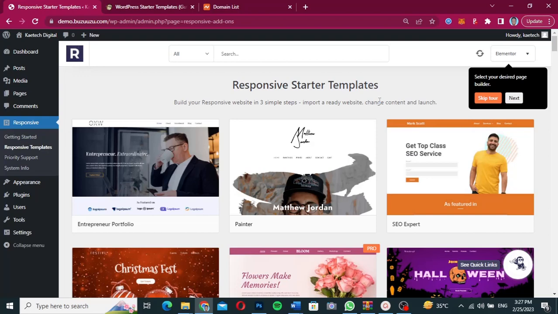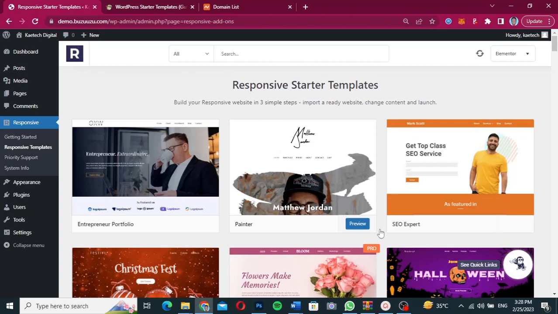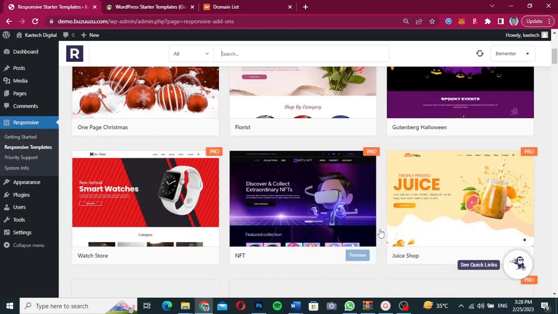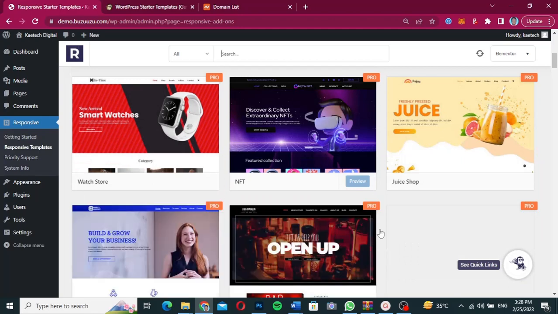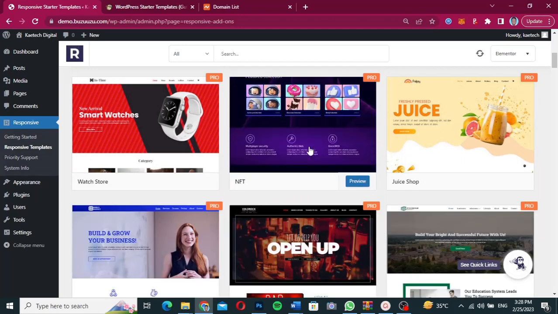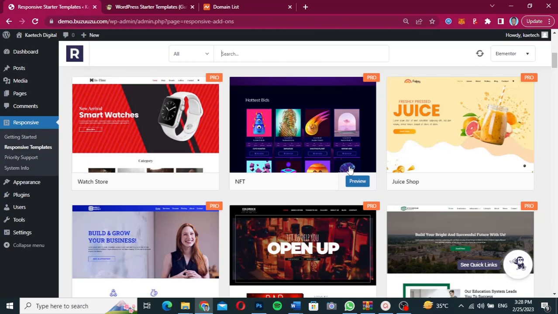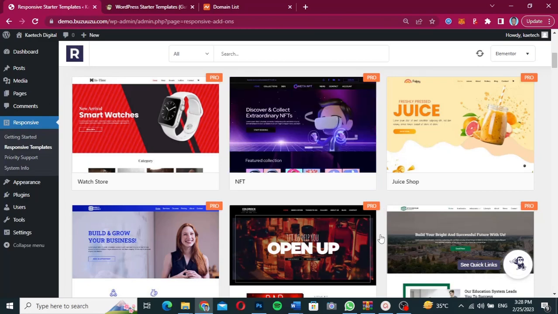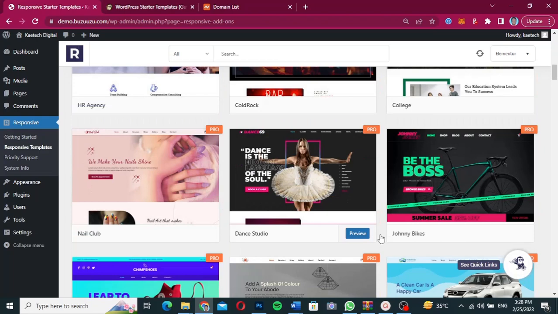Okay, so I'm going to skip this over here, and then what you need to do is select the page builder that you want to use to build your template. I'm going to use Elementor over here, so it's going to give me all the Elementor templates. As you can see, I have all the Elementor templates over here. Those of you who like NFT, you can see a very nice NFT template over here. You can use it to build your NFT website. A lot of nice